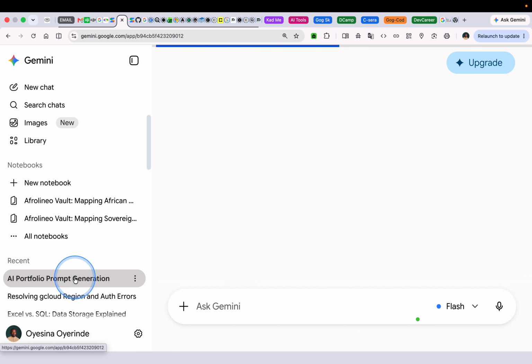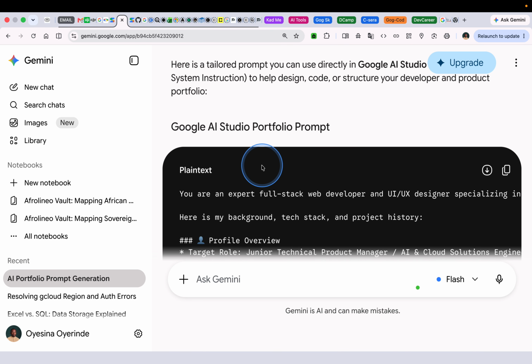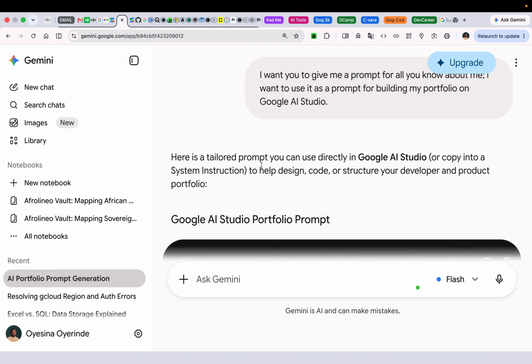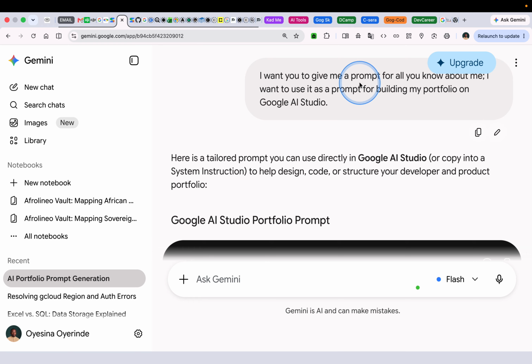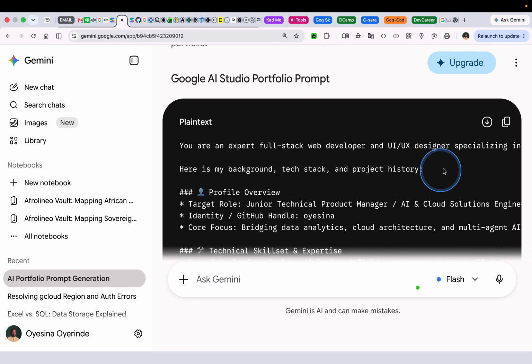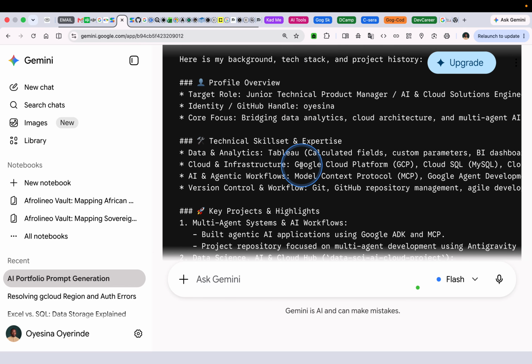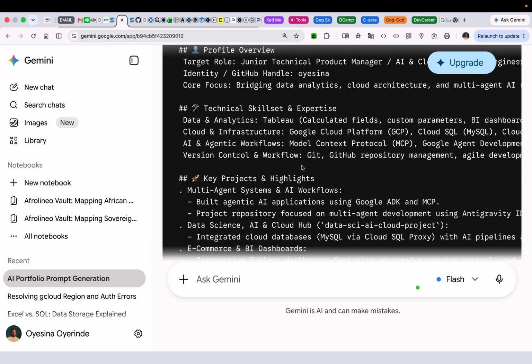To build a personal portfolio website, the site should have a modern, responsive design and sections for my biography, project showcase, skills, and links to my professional profiles. Click build to start the application. So this is actually what you're supposed to use, but what I did was